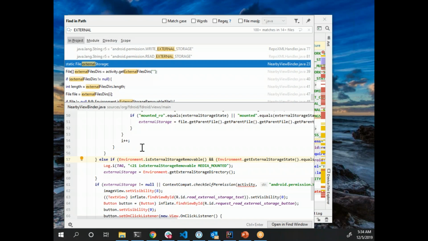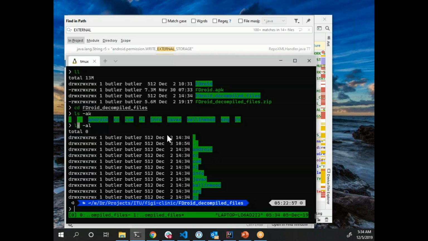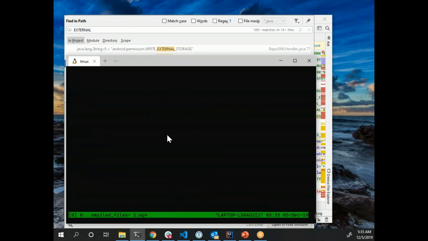Okay, so let me give you one more example of how you might use this in practice. I'm just going to go to the terminal to do this. So an important thing to look at is how the connections are being made to the remote side. And so I'm going to talk briefly here about, let's look to see what type of URLs are being used inside the application and see what it's trying to connect to. So to do this, I will just look through the source code and find any examples of where HTTP is being used. So I've run a command here that lets me look for every instance of the term HTTP within the source code. And I should see in a couple of seconds, hopefully,